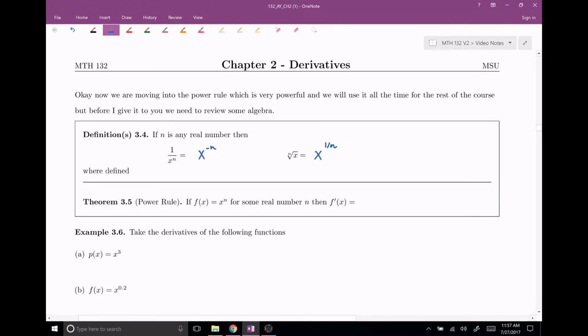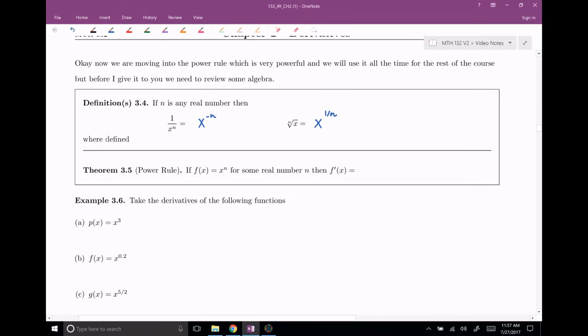And of course, both of these apply so long as they're defined, right? So you don't want to take square roots of negative numbers, you don't want to divide by 0. So wherever this is defined, you can make these trades. Okay, so the power rule says if you have a function which is a power of x, x squared, x